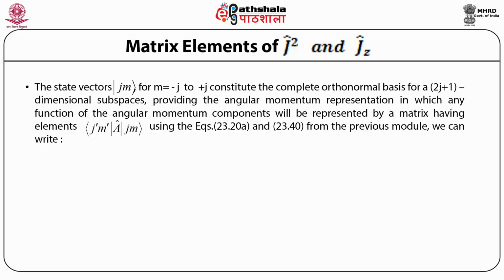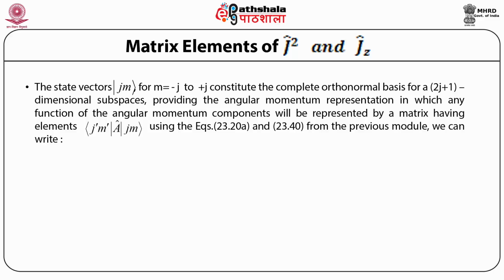then we have the complete orthonormal basis for a 2j plus 1 dimensional subspace. That is, if we consider all the elements from minus j to plus j including 0, then the total number of elements is 2j plus 1. So this constitutes the complete orthonormal basis, and we have a 2j plus 1 dimensional subspace, which provides the angular momentum representation in which any function of the angular momentum components can be represented